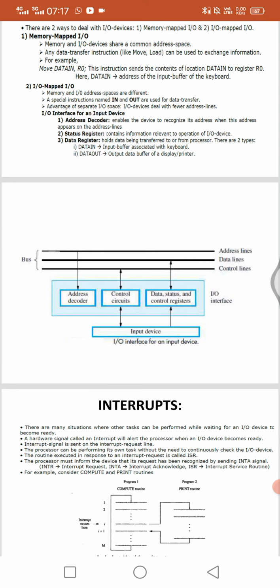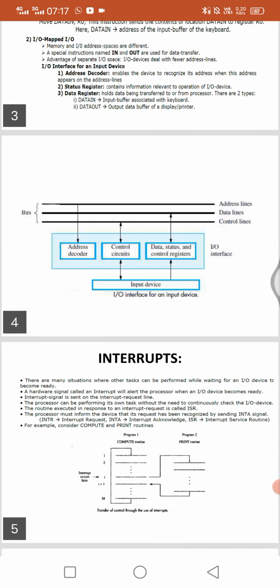In memory mapped we deal with so many addresses, but here only the individual input and output devices are addressed, so we deal with fewer address lines. This is the main advantage.